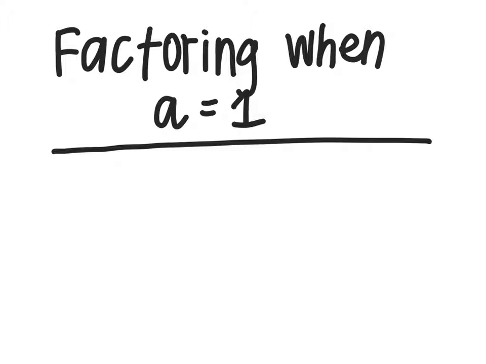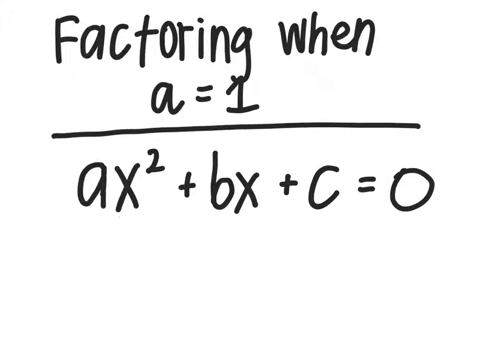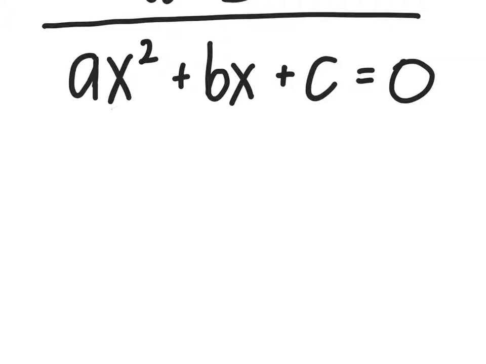Hey you guys, welcome to the station where we're going to talk about when we factor when a is equal to 1. So when we say a is equal to 1, we are referring to the standard form of our quadratic equation. And we know that the standard form of our quadratic equation is ax squared plus bx plus c is equal to 0. So some ways that this might look when we're using numbers, we could say x squared